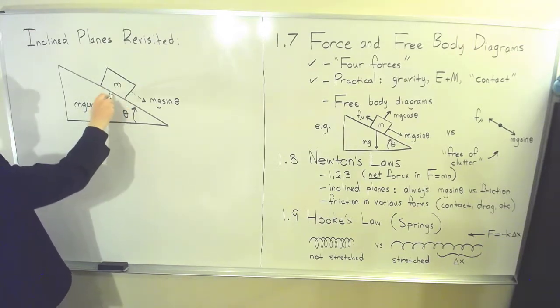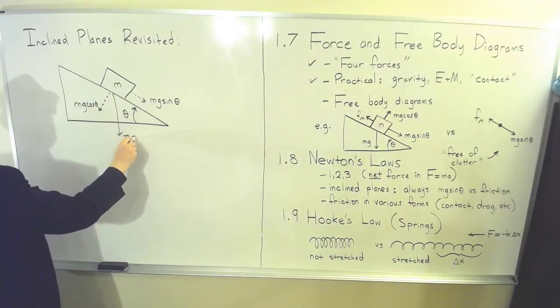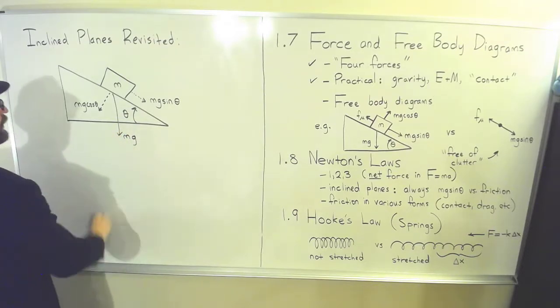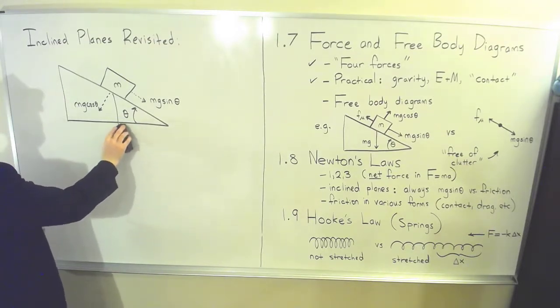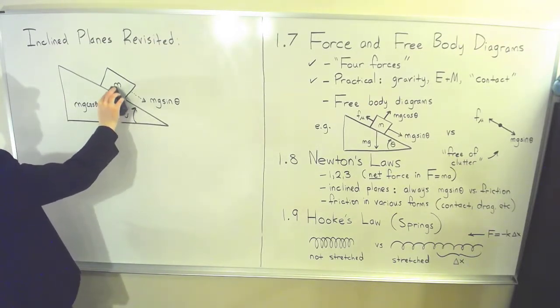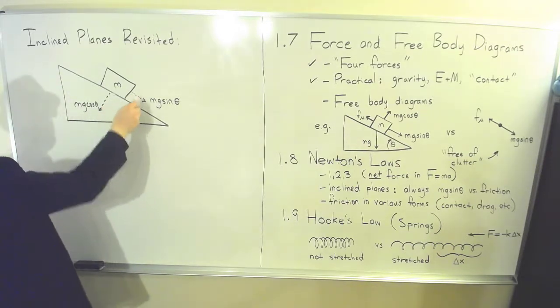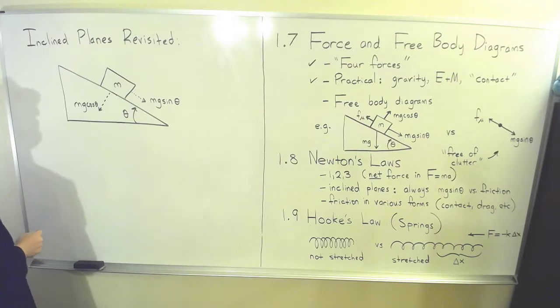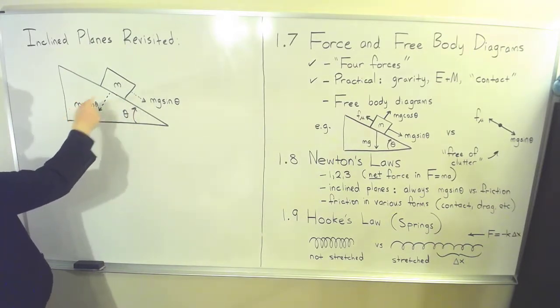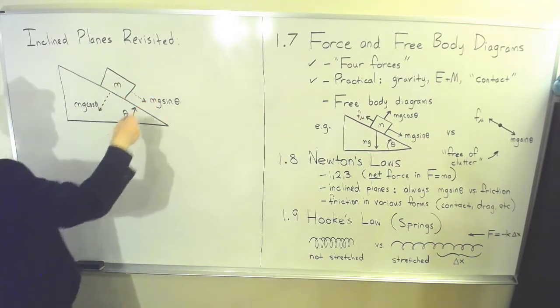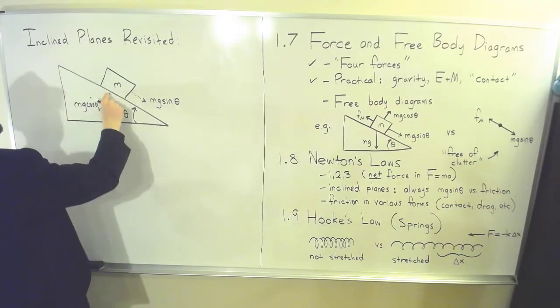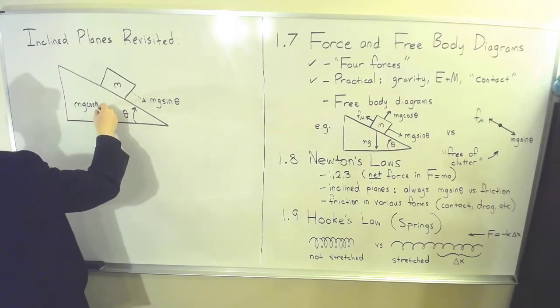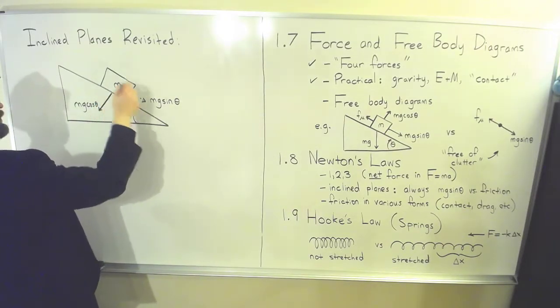And if I'm going to draw it and then erase it, this would be mg going downward like this. But I don't want to draw that there because it's not an independent force. It's the force you get by adding together these two. So let's just draw the components. So I have an mg cosine theta going this way and mg sine theta going this way. I don't know why I drew these as dashed arrows. There's no need to do that. I'll just draw them as solid